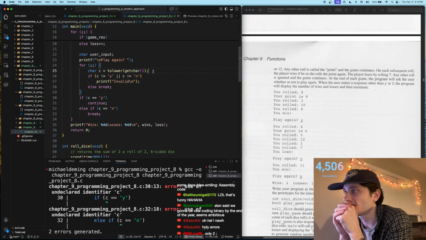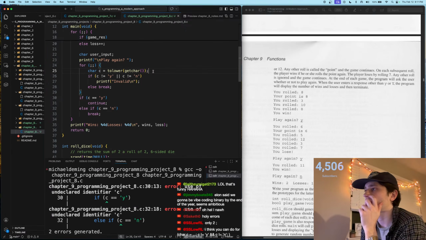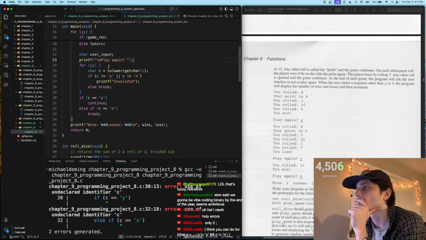We're declaring the C to lower get char. Oh, but then it leaves the scope of the loop. Right, okay. So we're gonna do